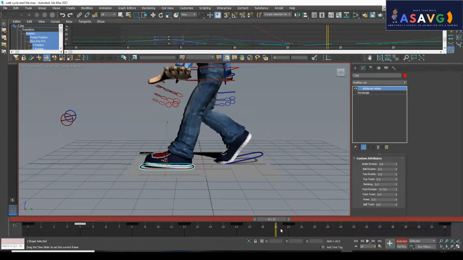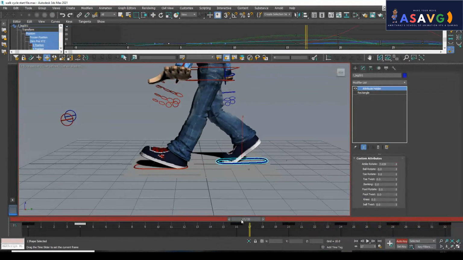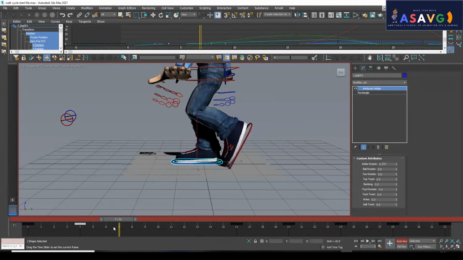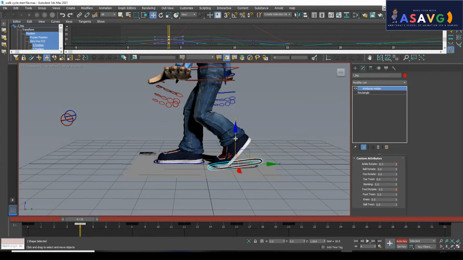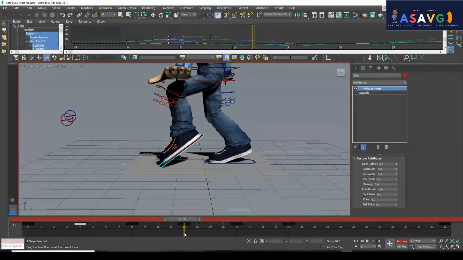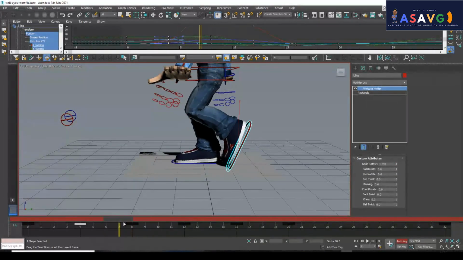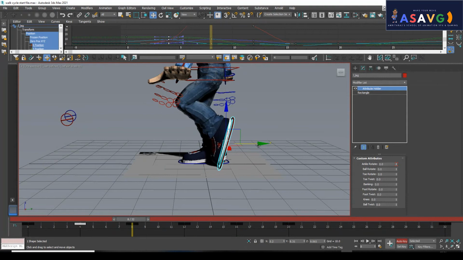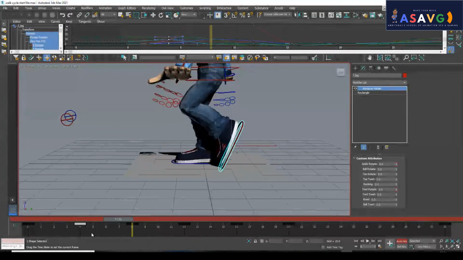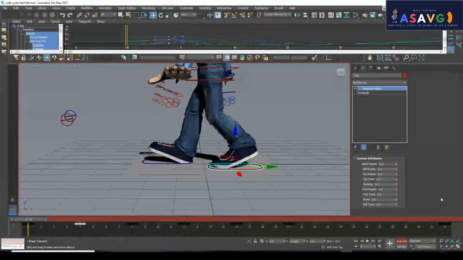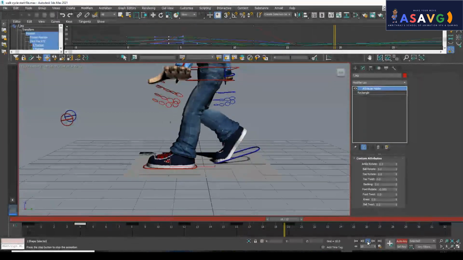Yeah, this is also penetrating, right? So just select it and move it a little bit up. This also I will be making a little bit of rotation for the smooth movement, just like this. So I will be moving it a little bit to the front. Yes. So the spacing should be proper, right? Proper. So you can see on the left leg it is being smoothened, right? Look, you understand, it's smooth.